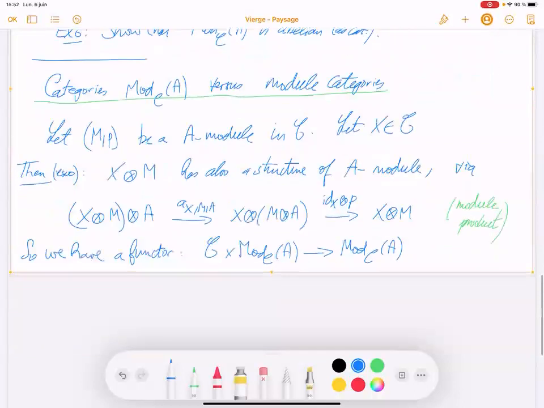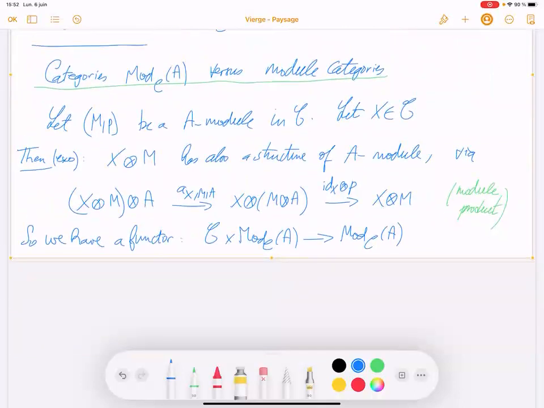So what I write here is not the morphism for the A module structure, but what I mean by module product will be for the structure of module category of mod CA. So we will provide all the ingredients for making mod CA a module category. And this first ingredient is a module product. And we provide the module associativity constraint and the module unit constraint. So this is the module product.